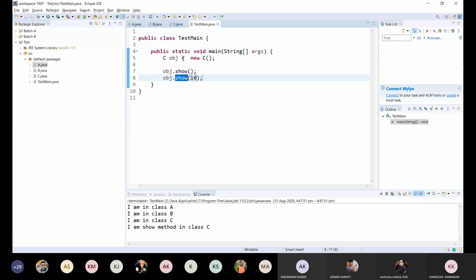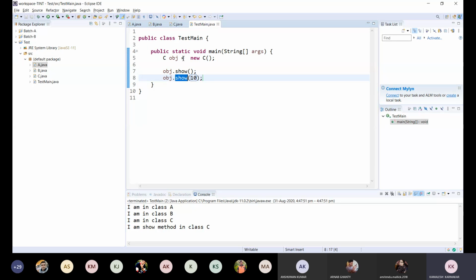Okay, so in this way we can work with constructors and methods. If we define multiple methods having the same name with different signatures, it's method overloading. If we define multiple constructors with different parameters, then it's constructor overloading.